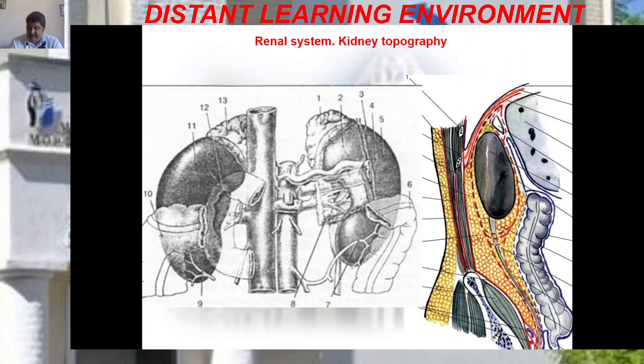A complex of the following structures is responsible for fixation of the kidney in place. Fascia renalis first, which fuses with the renal capsules. The muscular seat of the kidneys formed by the psoas major and quadratus lumborum muscles. We talked about these muscles in the muscle system, the muscles of lower extremity and also the muscles of body.